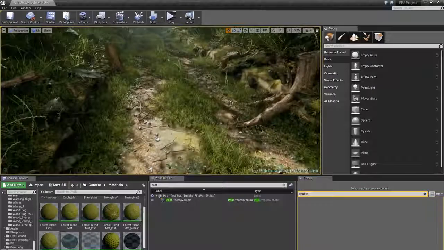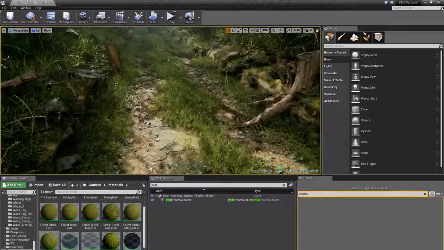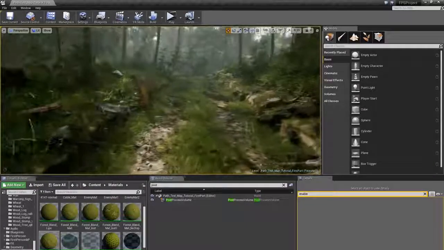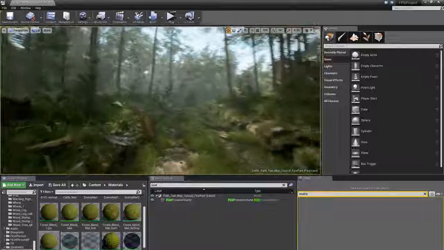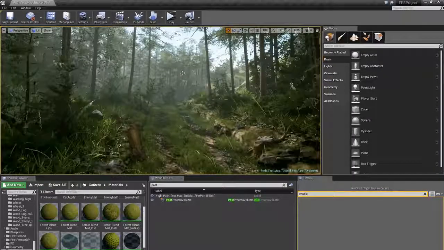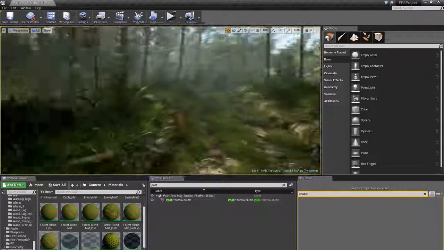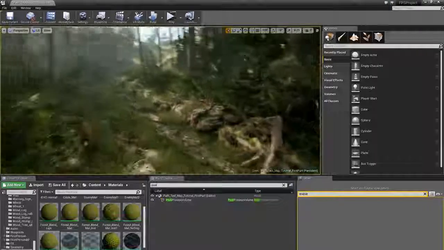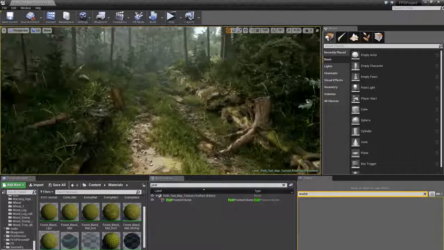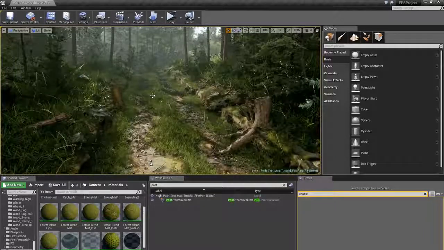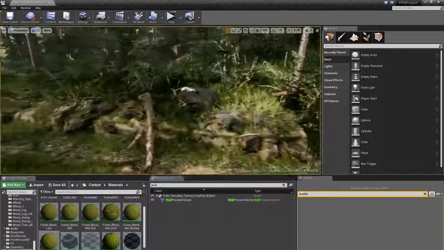Then we started working with the small grass in the middle and the sides here, and we worked our way up with bigger and bigger grass on the sides. Later on we started adding the trees, going from small to large, with the large trees in the background and the smaller trees here in the middle. And that is a very good workflow, at least for me, to work with the layering from bottom to top, small to big, and always keeping in mind, try and keep the